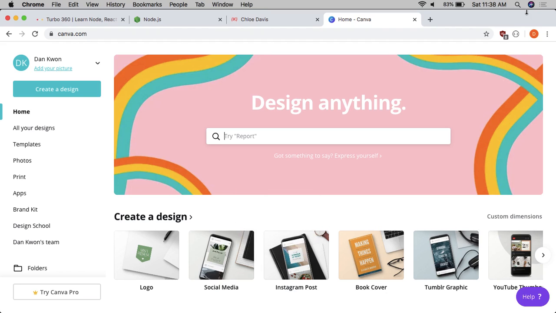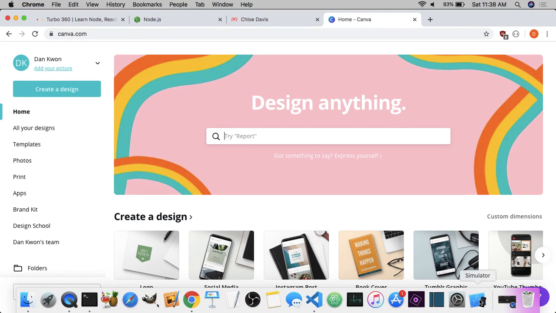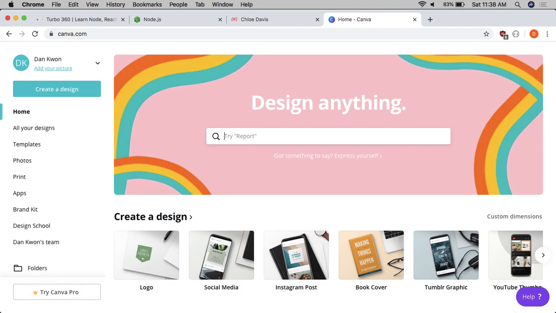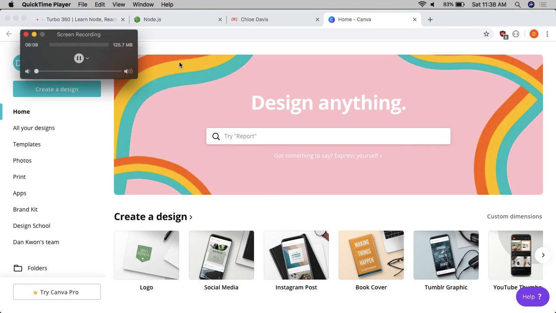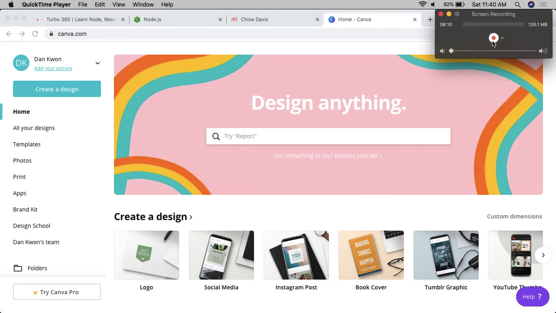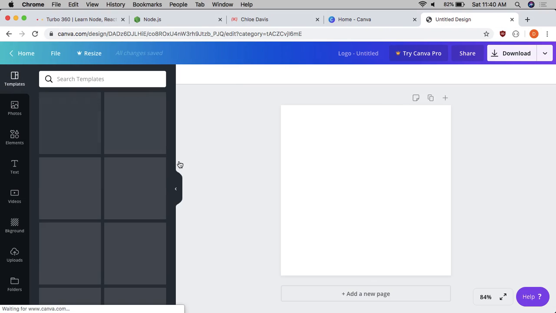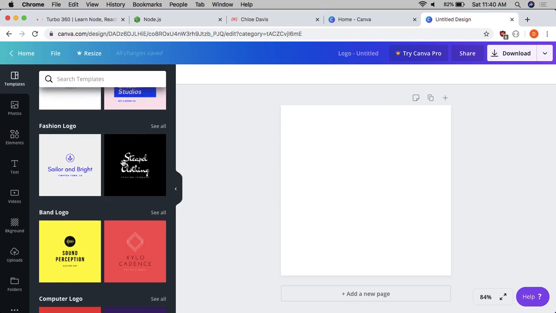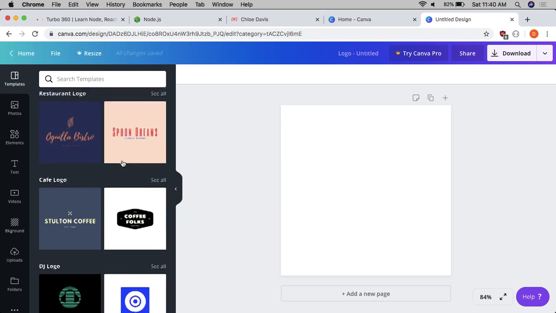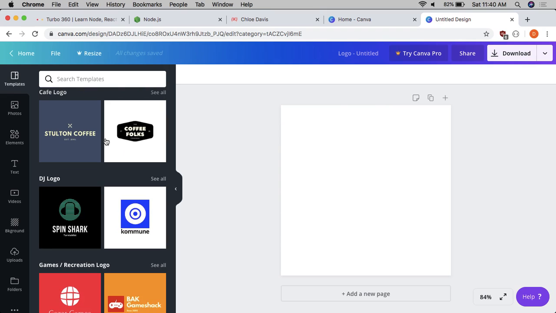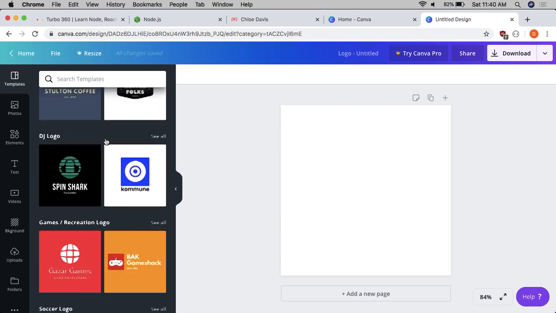All right, so just let me know when you're done signing up, and we will start creating logos on Canva that we can use on our projects. Okay, so let's create a logo. And this just gives you a million templates you can use right out of the box. The only caveat is we have to use one with a white background because our website has a white background. Okay, so I'm going to just pick,